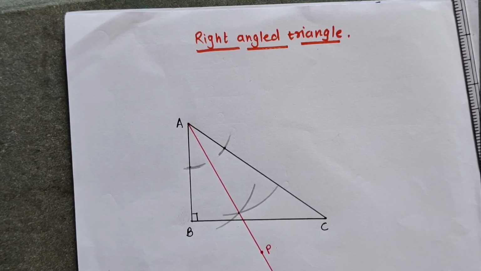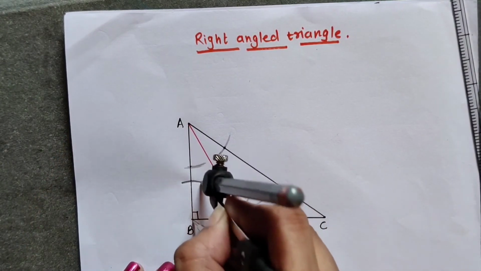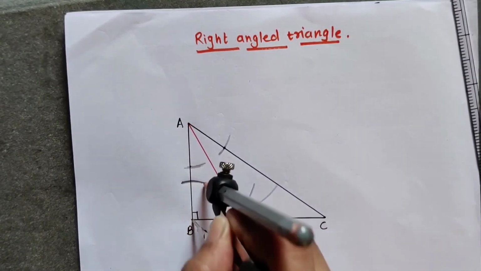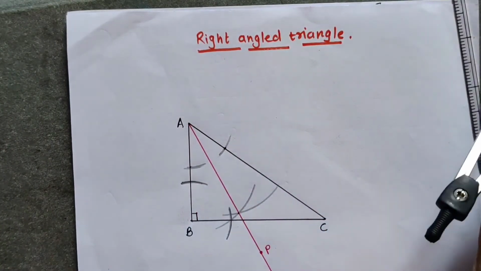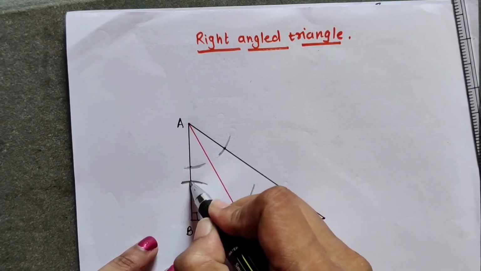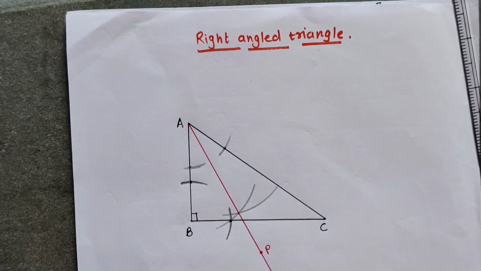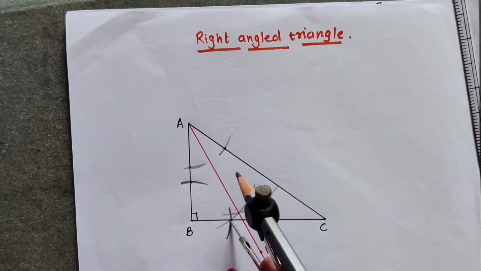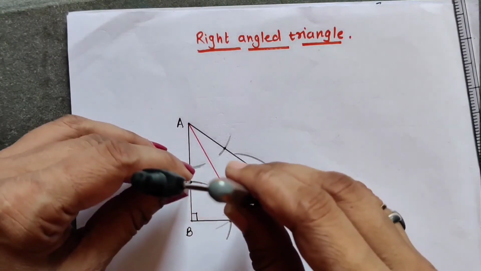Now let us find out the bisector of angle B. From B, keeping this pointer on B, we have to first draw one arc on side AB, second arc on side BC like this, and then we will make these points little dark so we can draw the 2 intersecting arcs from these 2 points. So let us draw 2 intersecting arcs from these 2 points. This is the first arc. Now second arc.